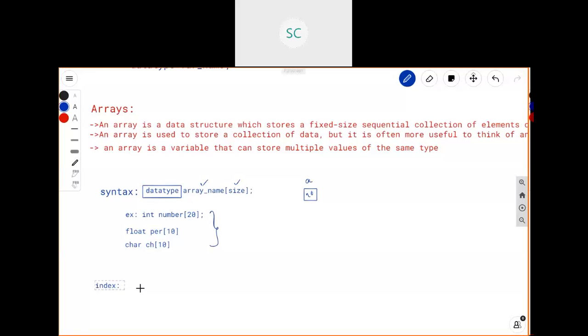If you declare an array, suppose I declare an array int a of 5. What happens in RAM is that it allocates 5 into 4, which means 20 bytes of data, in RAM. How will it look internally?